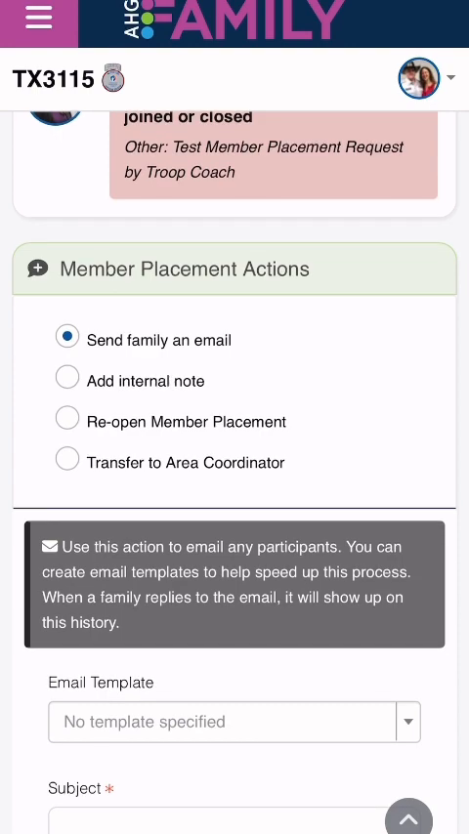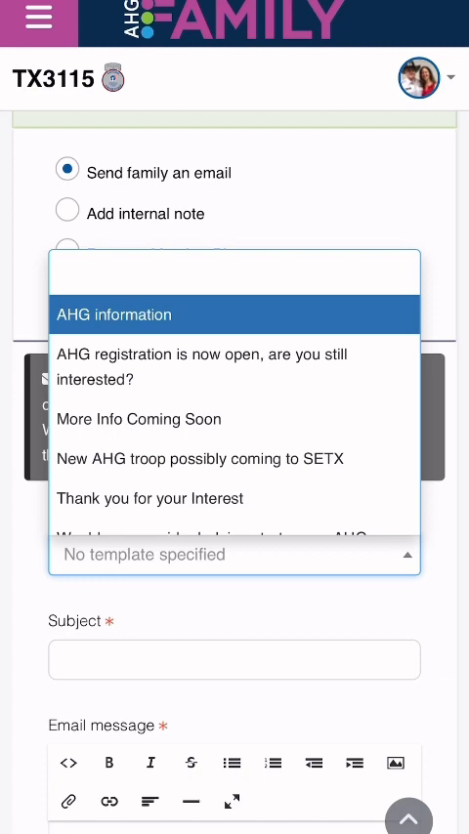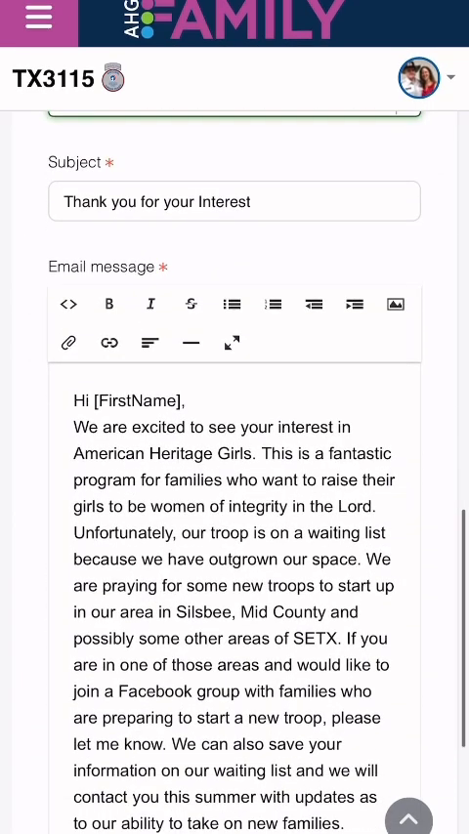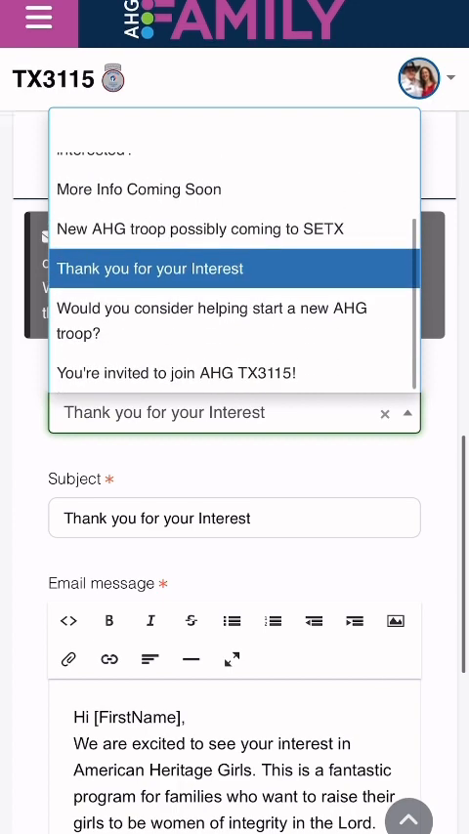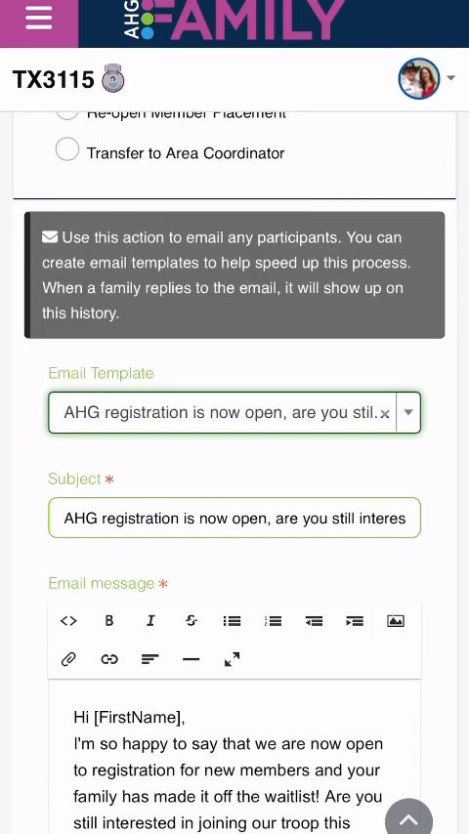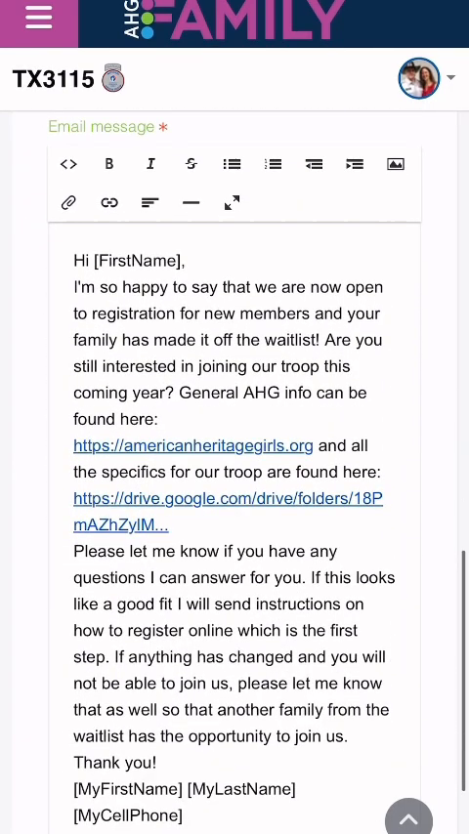But if you go to send family an email, you can have templates. And I have a Google Doc with multiple templates in there for you. I have a generic one that says, thank you for your interest. And it just gives general information about AHG, and in my case, the local troops that are starting in our area. And then once I know that I have room for them, I say AHG registration is now open. Are you still interested? This one points them back to the website to look around and educate themselves on the